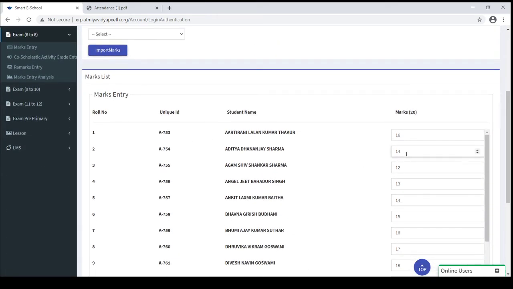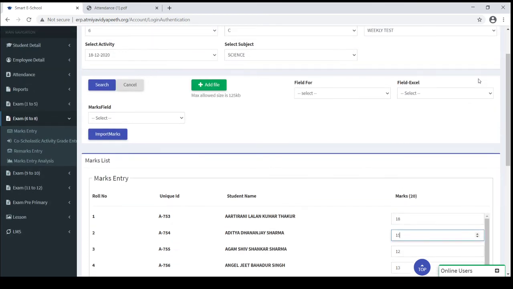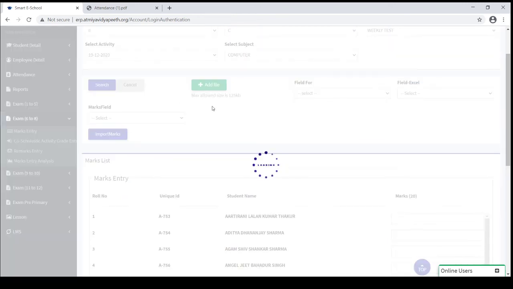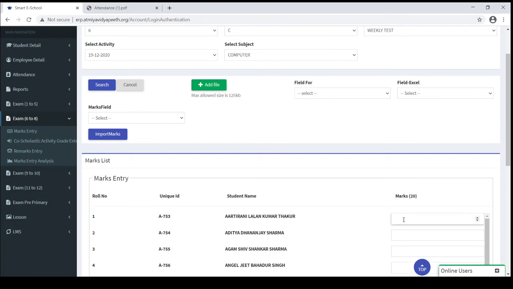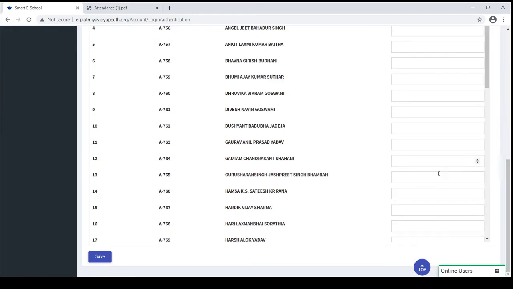Well, you can see here the marks. You can update here and you can change the marks from here. Moreover, if you want to insert marks for another activity and another subject, click on the search button. Here you can insert the marks for that and click on the save button.